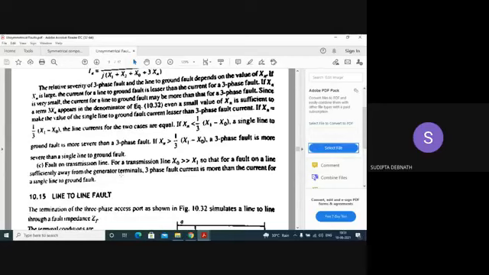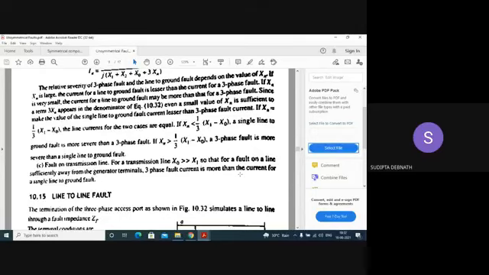Because if it occurs at the generator terminus, then only it will be a fault. Only the impedances of the generator will come. That line impedance will not come. So the fault must occur sufficiently away from the generator so that a considerable amount of line reactance comes into the picture. In that case, three-phase fault current is more than the current for a single line to ground fault. So single line to ground fault is less severe when the fault occurs at one end of the transmission line, far away from the generator.